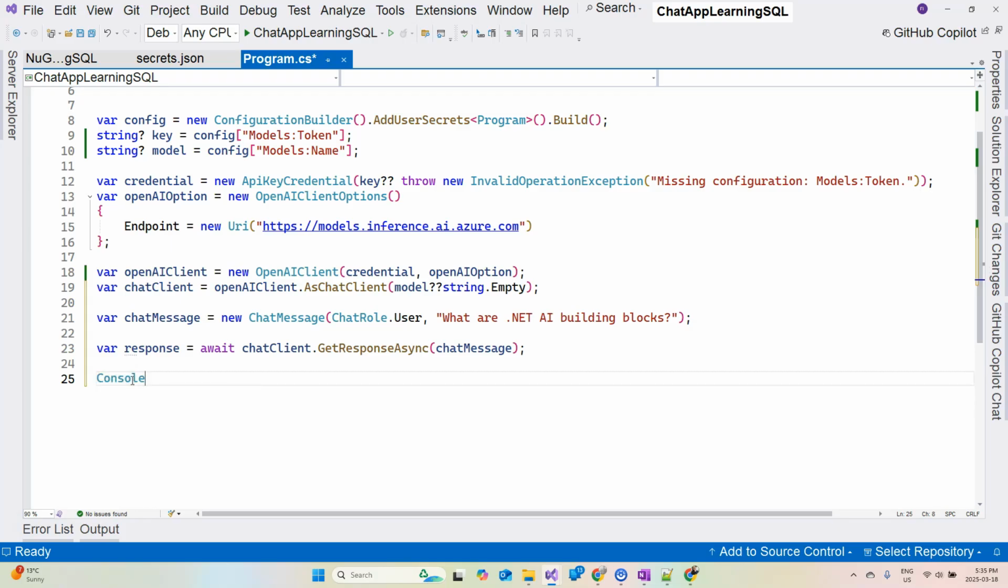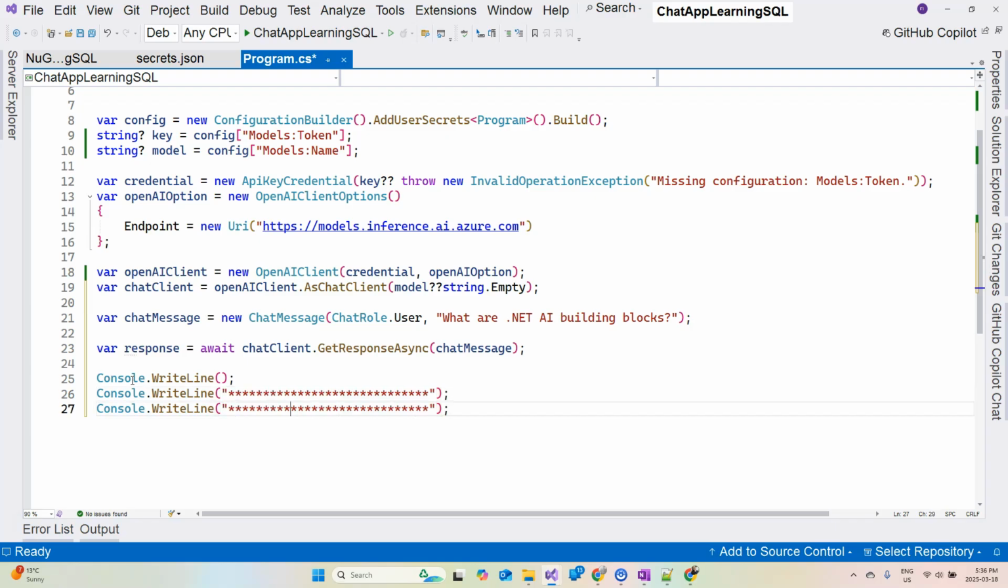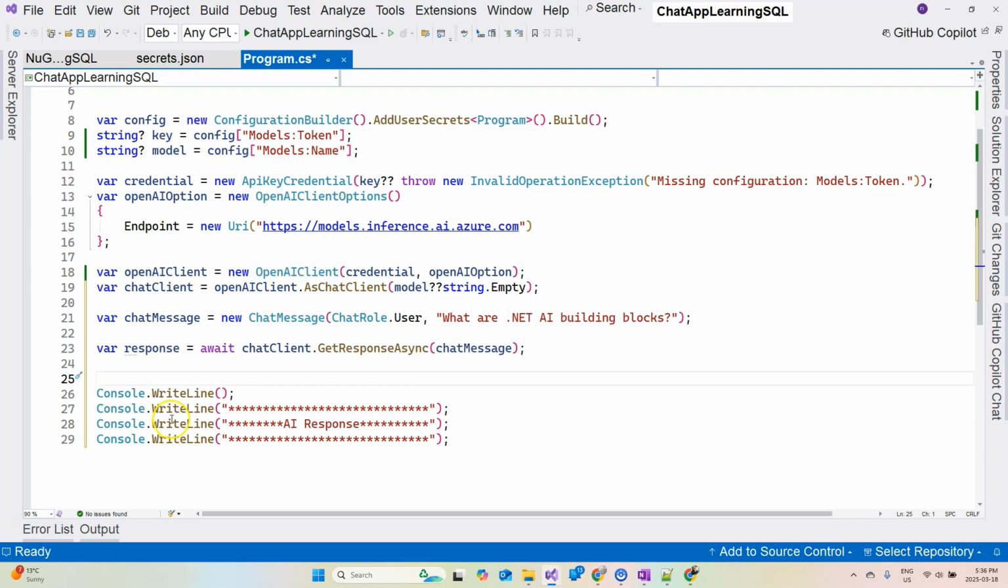So in order to make it very clear, we're going to say Console.WriteLine, and I'm going to just write an empty line first, and then I'm going to write some stars, and after that I'm going to say this is from the AI. This is basically the AI response. And then I have another line like this. I also want to make the response in a different color. So we're going to say